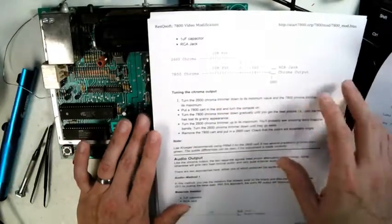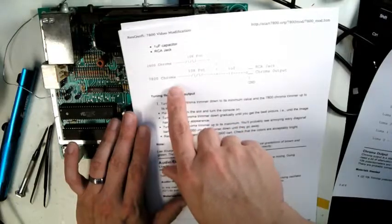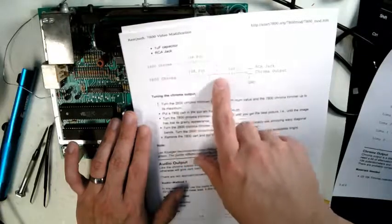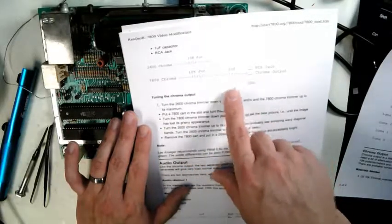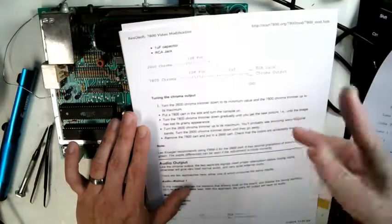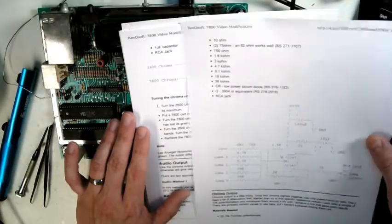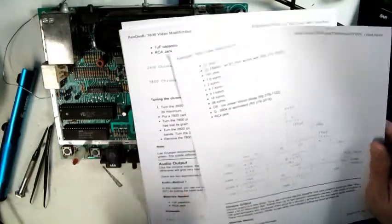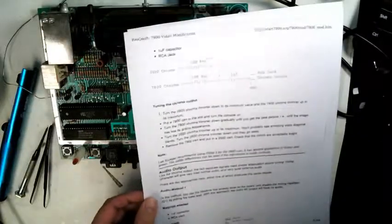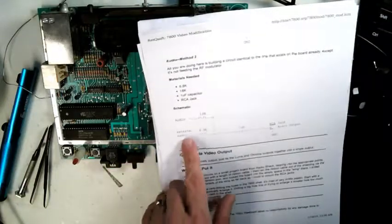Like I said, the weird thing about the 7800, it's actually 2 systems in one. So you have a chroma for 2600 chroma and 7800 chroma. So you run them through a 10K potentiometer, and then sum them up through a 1 microfarad cap, and there's your chroma output. So if you tie those together, you get composite. If you keep them separate, you have Luma and chroma of S-Video, because that's why S-Video looks better, because they separate the color space from the brightness space. And the audio output, again, 2 separate. This weird one here,